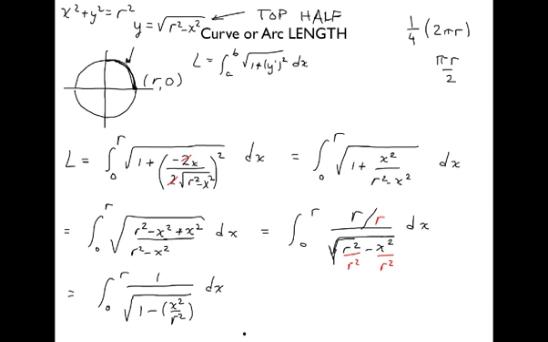Did I lose you anywhere? Ask me. Are we good? Yeah. Now I've got it. What is that? We got the antiderivative. It is arc sine of x over r, so this is x over r quantity squared. So this is arc sine of